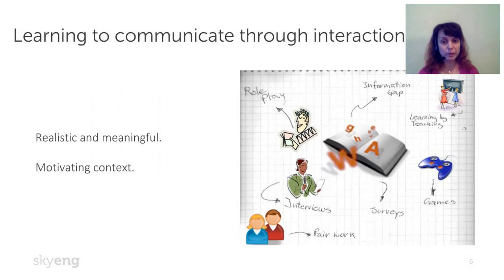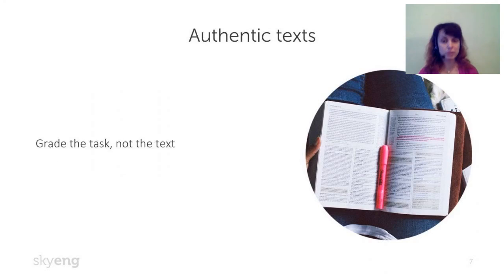Okay, let us move further. And the next point is authentic texts. I don't know if you were unlucky enough to see the books about the Strogov's family, very popular in the Soviet Union, which was created specifically for Soviet children who were supposed to learn English but not be able to speak it. So they were far from real life, the sentences were very artificial and the stories weren't real and so on.